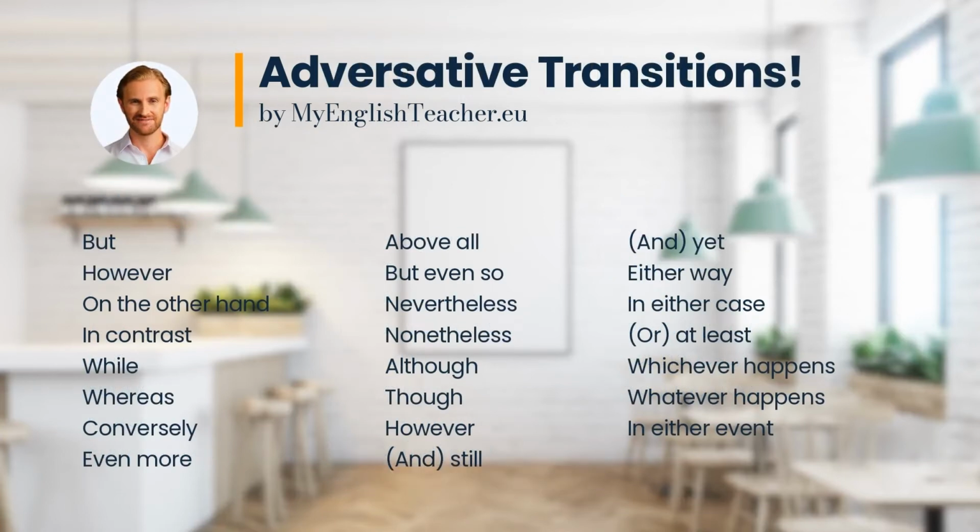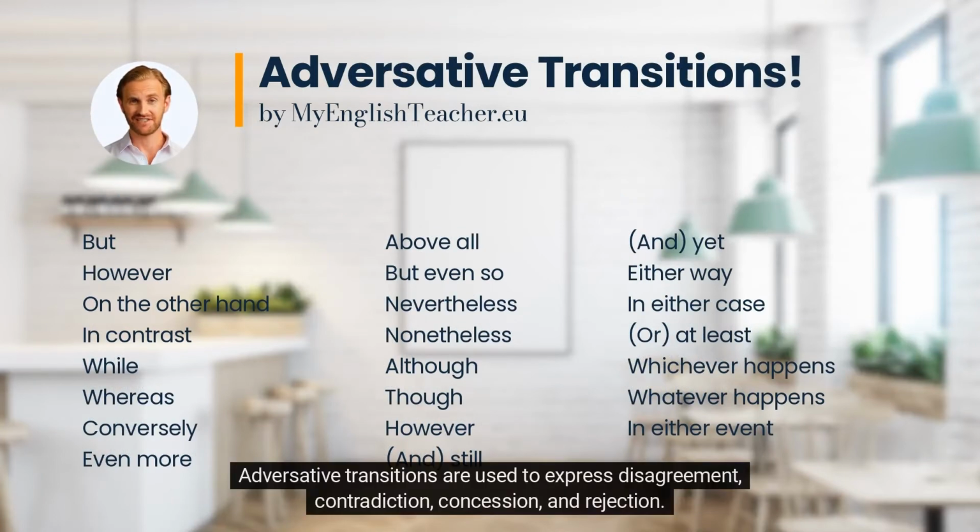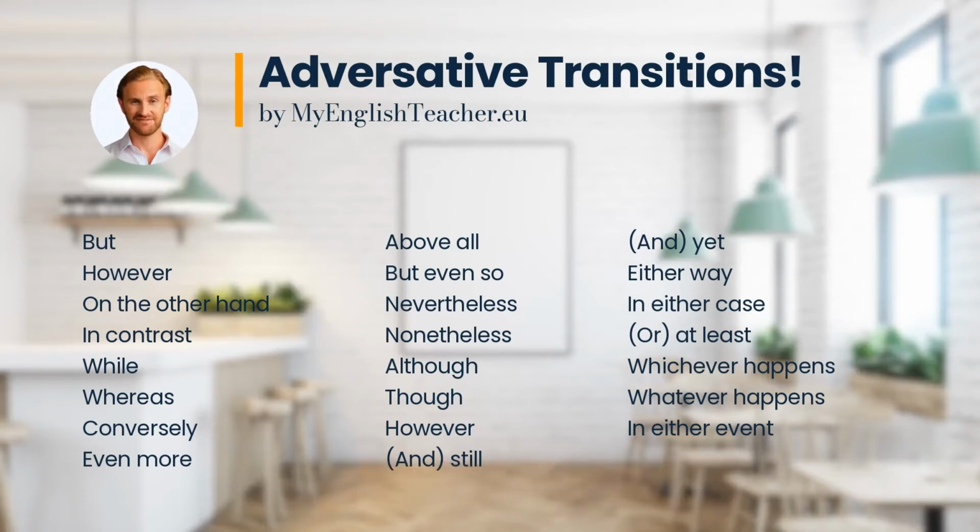Adversative transitions. Adversative transitions are used to express disagreement, contradiction, concession, and rejection. Here are several examples. But, however, on the other hand, in contrast, while, whereas, conversely, even more, above all, but even so, nevertheless, nonetheless, although, though, however, and still, and yet,